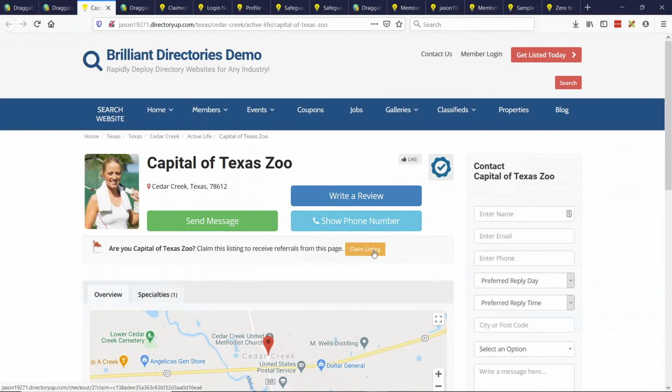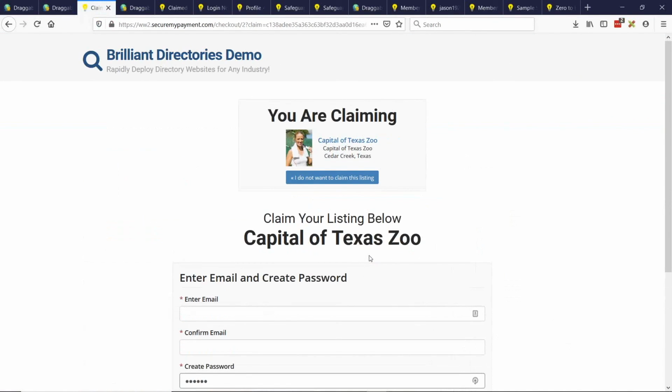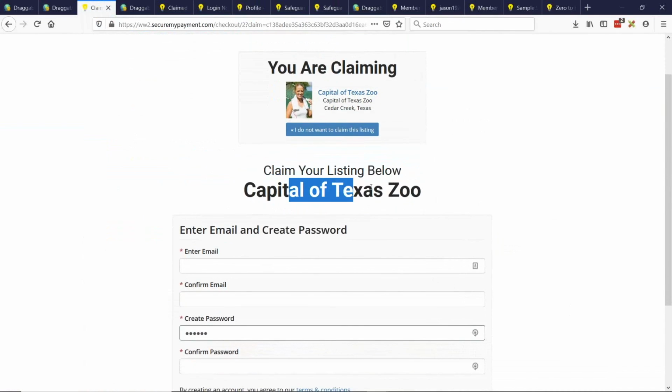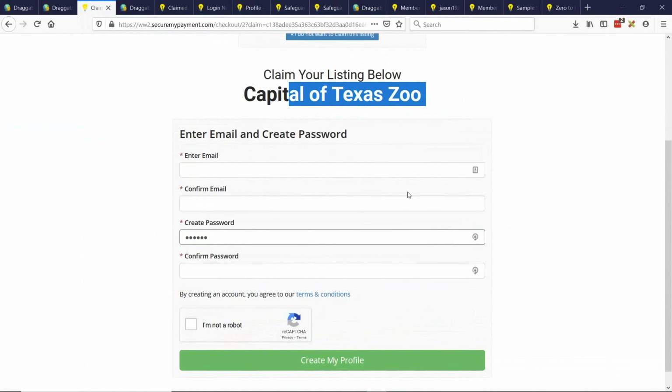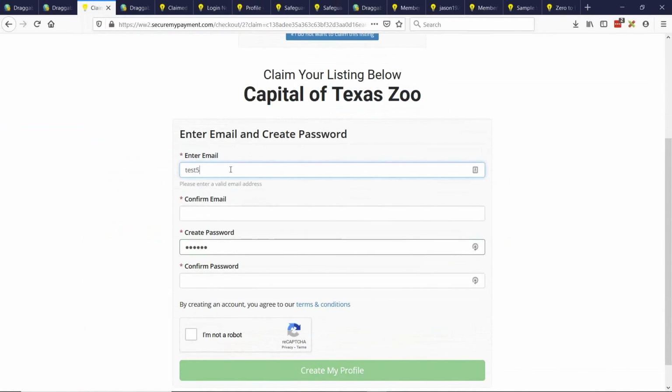A claim listing. So here's the button, and if I click this button, this is the link that it's going to take me to. See, it's taking me directly to checkout. It's saying you are claiming, and then the information of the profile. Claim your listing below for Capital of Texas Zoo, and this is a free sign up in this case, so I can go ahead and just sign up to this account,